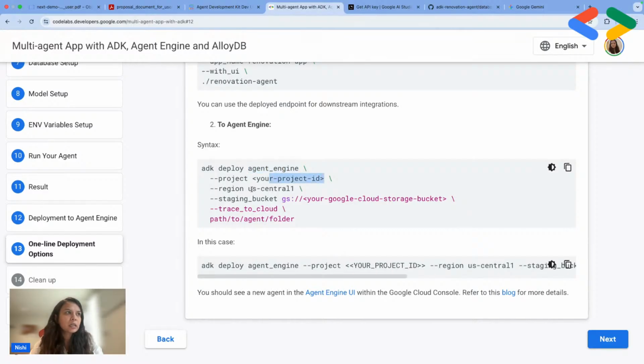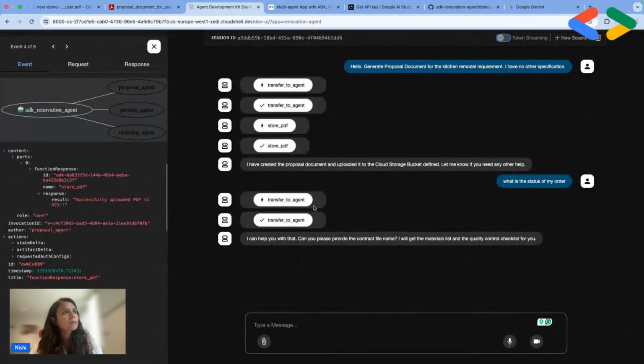Provide your project ID, region, staging bucket. This is where your bundled artifacts are stored, and that is it. I think you just need to provide these parameters, and it is going to deploy your agent to Agent Engine. Going back,